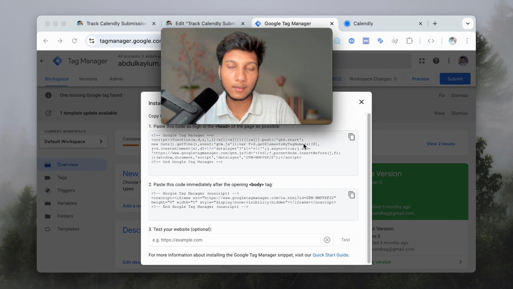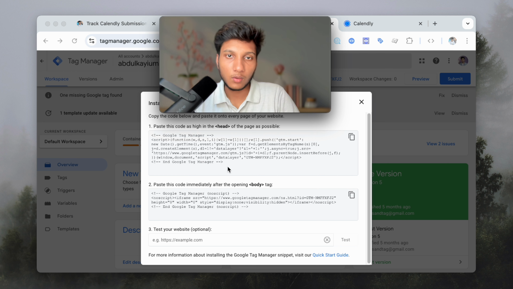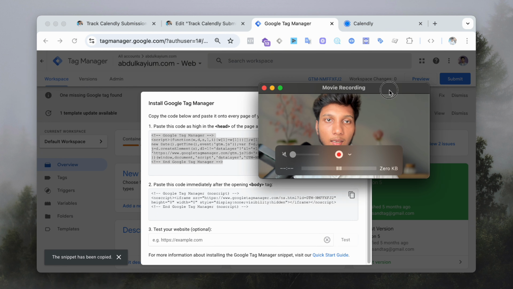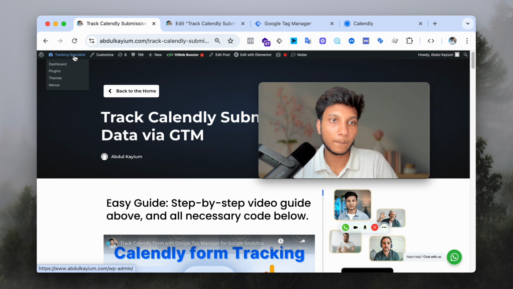If you look at this code, Google Tag Manager is also saying here we have to paste this code as high as possible in the head section, and we have to paste this code in the body section. Usually if you only add the head section code, it's also enough to connect Google Tag Manager with our website. So just copy this code, and I'll go to my website,